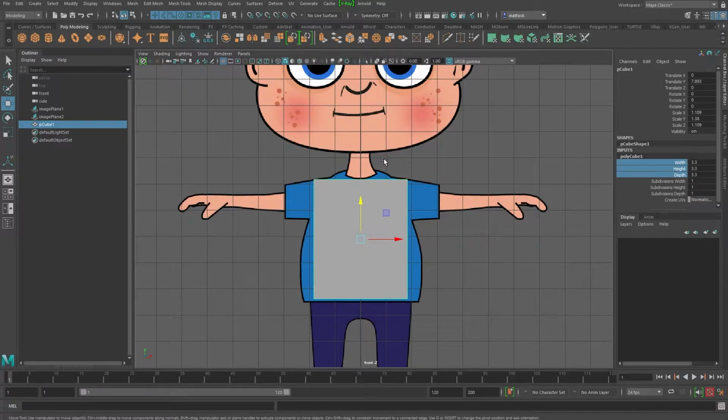We want to change the subdivision, so what we're going to do is work mirrored. I'm going to show you two different methods of this as well. So first of all, let's go to our subdivisions width and change this to 2, and we can change the height to, say, maybe 2 or 3. So you can add these in, or you can use the multi-cut tool up here, which is what we're going to be doing as well as we go along, and then we're going to start reshaping.